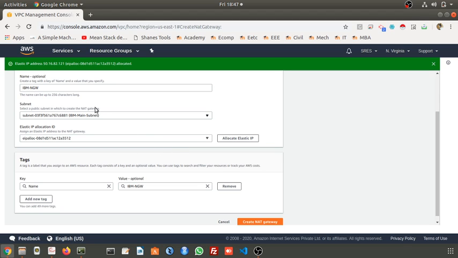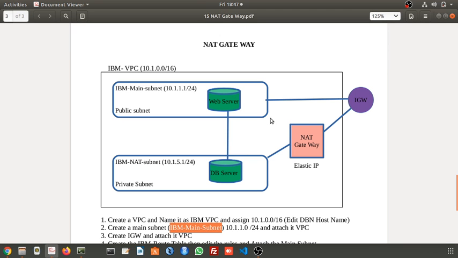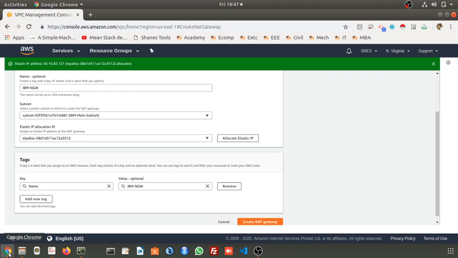So this is very important. To which subnet are we attaching this NAT gateway? Here there should be a link. This link should not be there. Here there should be a link. Hence this NAT gateway should connect to this public subnet. Of course traffic will go this way only, not this way. But incoming traffic will come from the internet gateway this way, and from the NAT gateway to the DB server it will be like this. This is important.